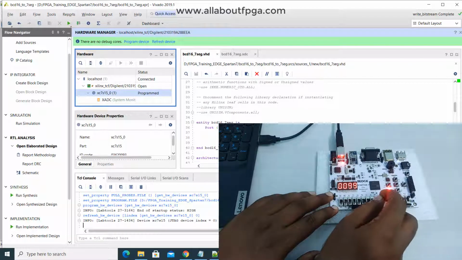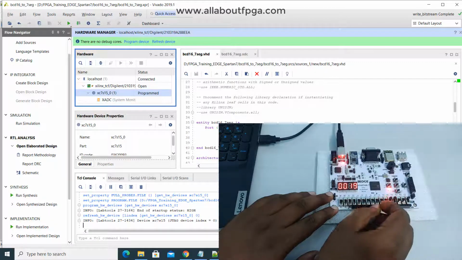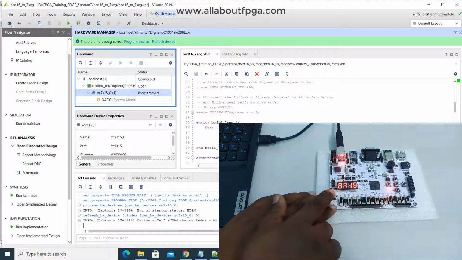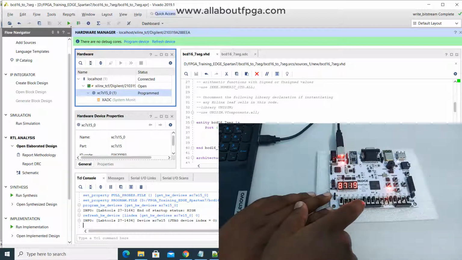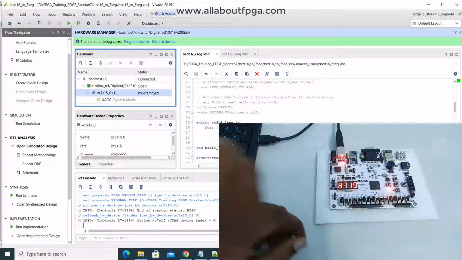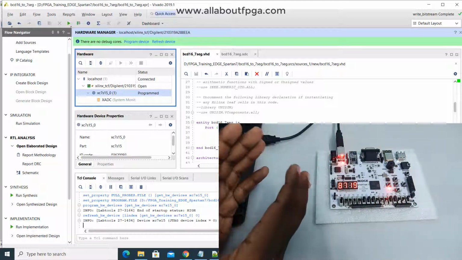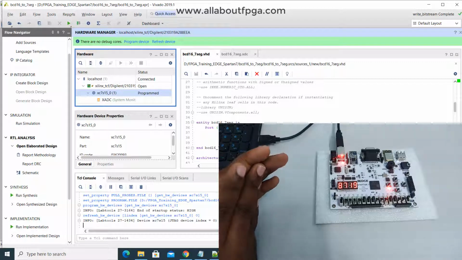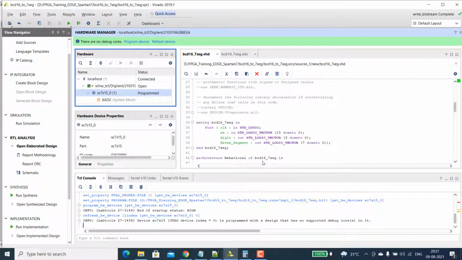Whatever data you want, you can display. Another 4 switches with different data. You can see the last 4 switches are displaying 8, then 0117, then 00011, then 1009, 19. So next, we will combine all that multiplier part, then the binary to BCD part, then the BCD to 7 segment part, and display that multiplier output on the 7 segment.